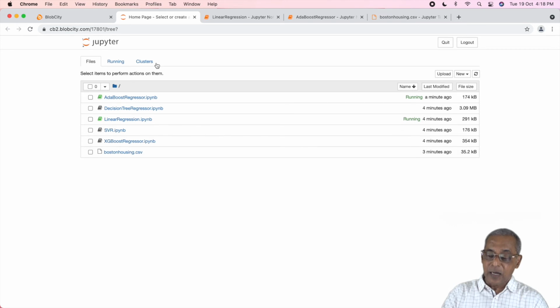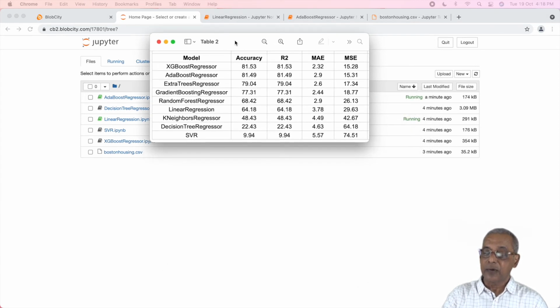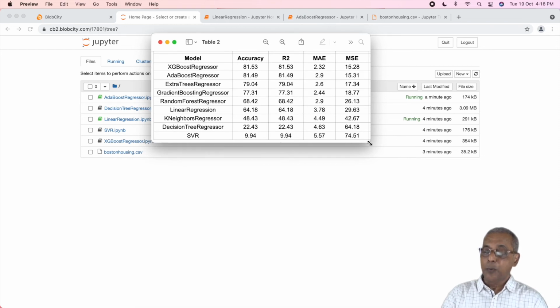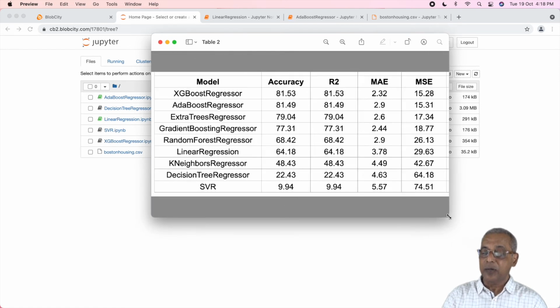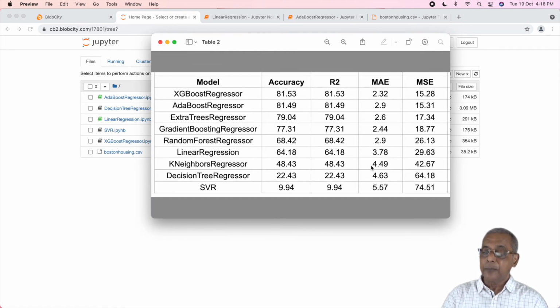After I've applied the templates on my data set, I have created a table which I will just show to you. And this is the table, the output of the different algorithms on which I have applied my data set.